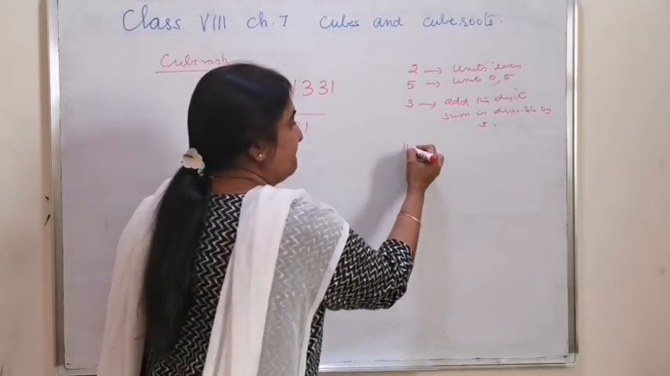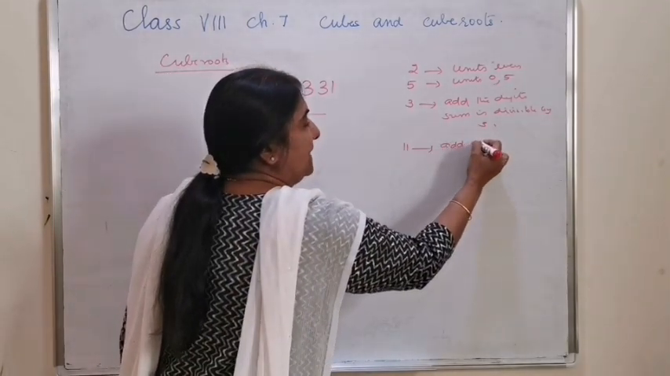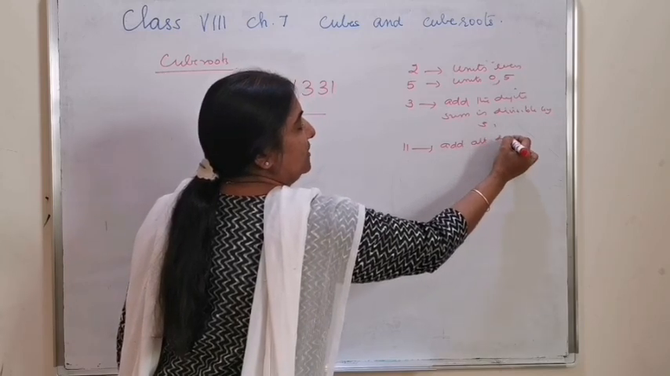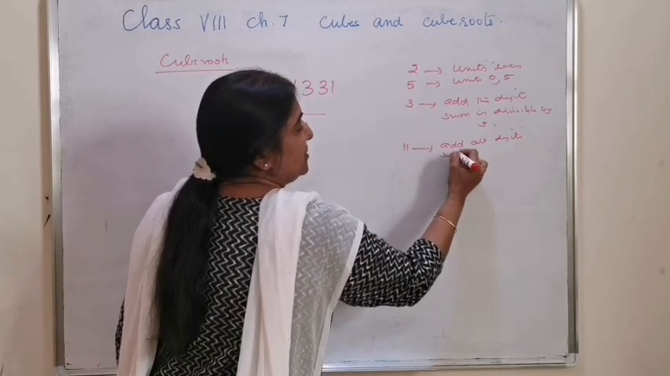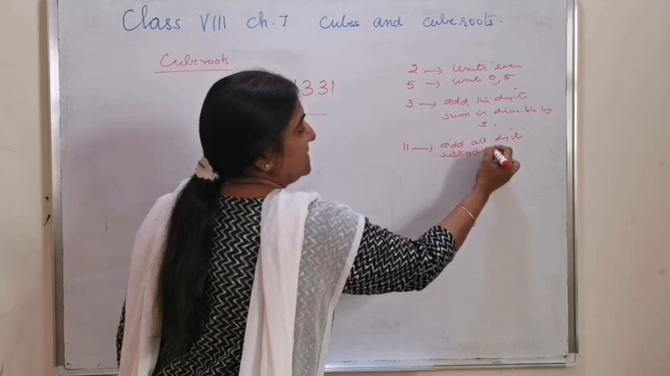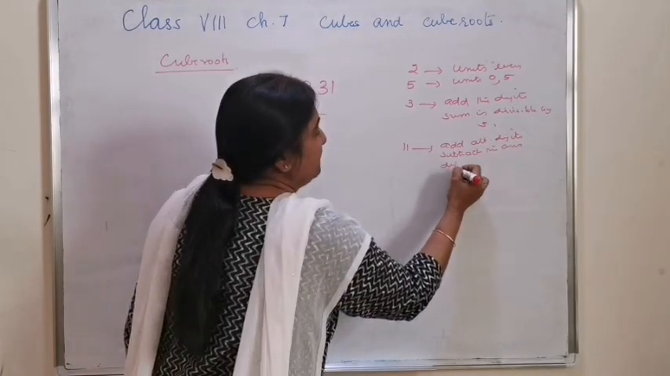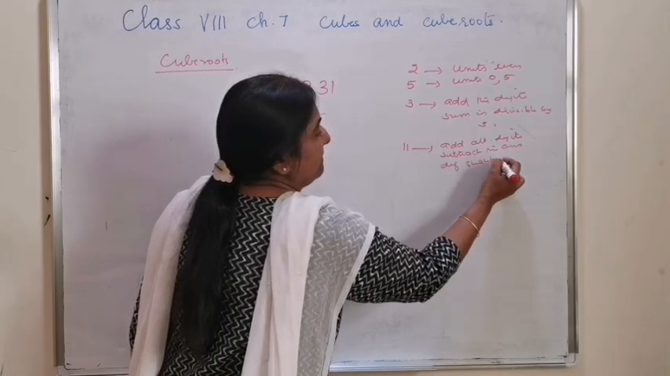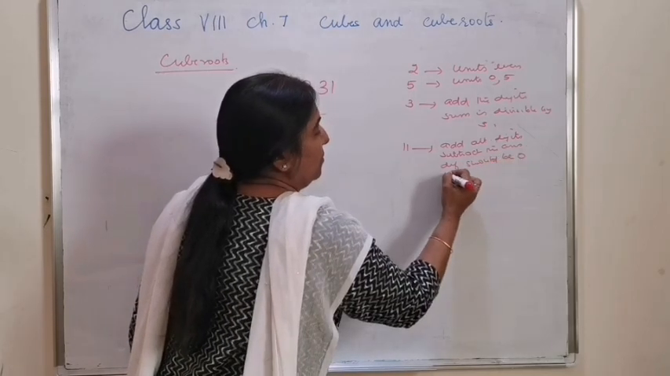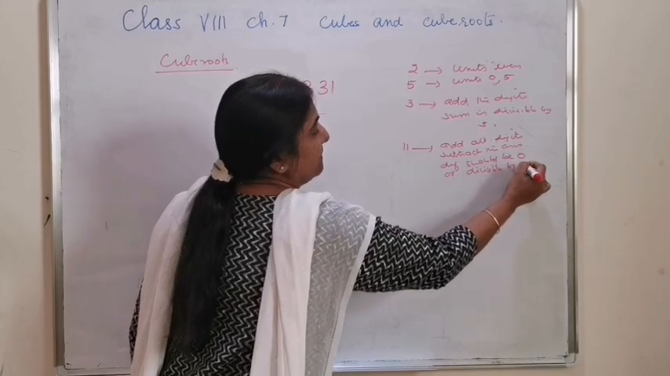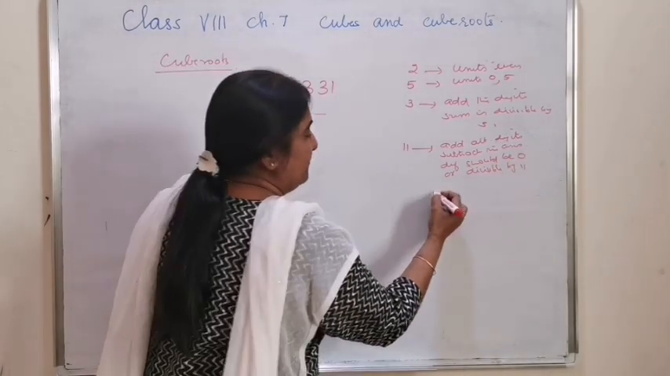For 11, add alternate digits. Add the other alternate digits. Subtract the answers. The difference should be 0 or divisible by 11. I will show an example for 11,